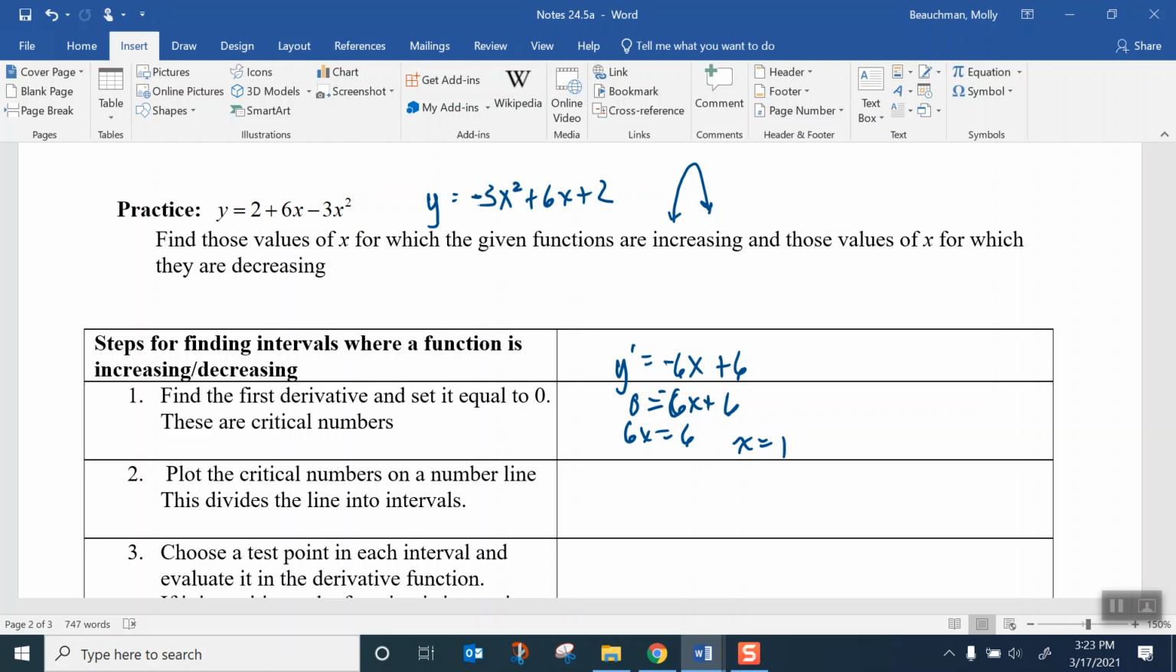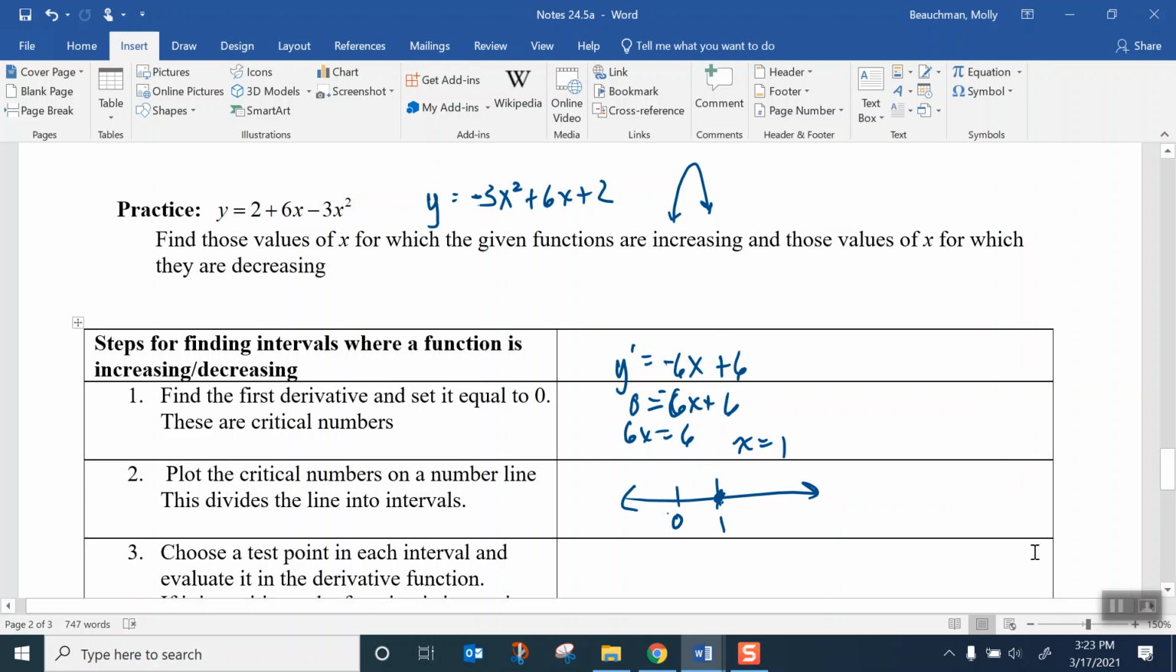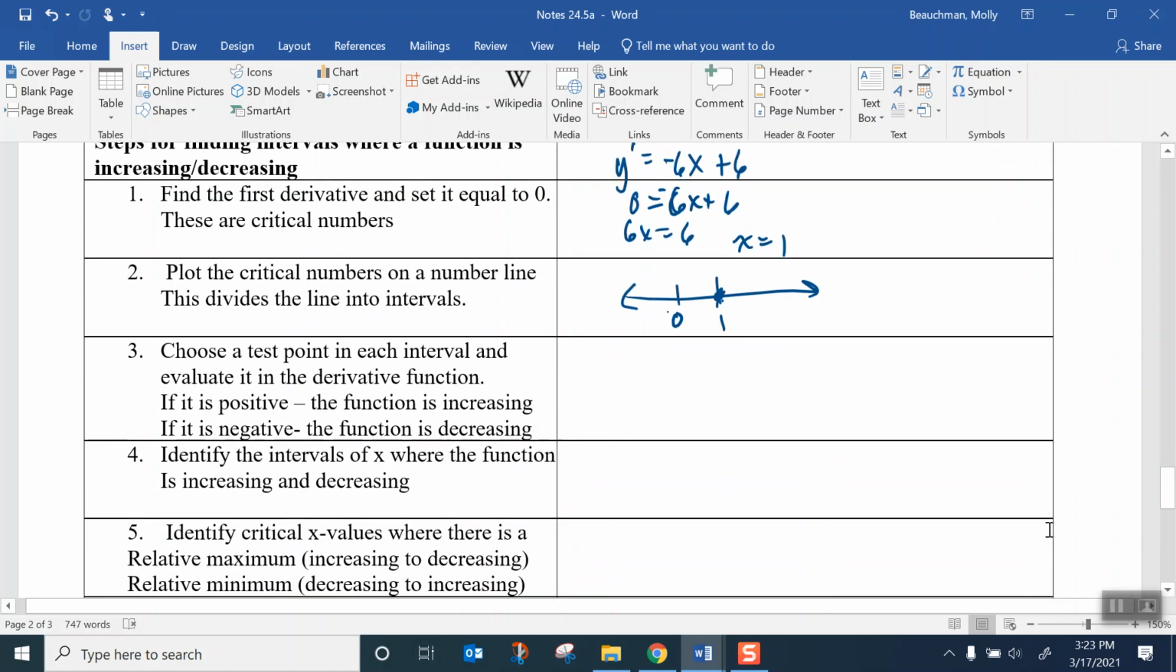Okay, calculus works with all polynomials. The -b over 2a formula only works with quadratics. Okay, so next, plot the critical number on the number line. That cuts our number line into two pieces. So we're going to choose a test point in each interval. I'm going to let x equal 0, and then I'm going to let x equal 2,